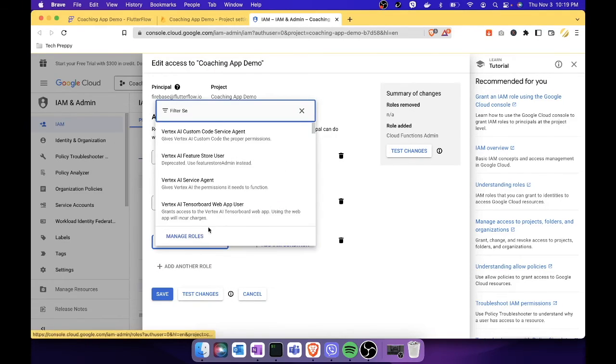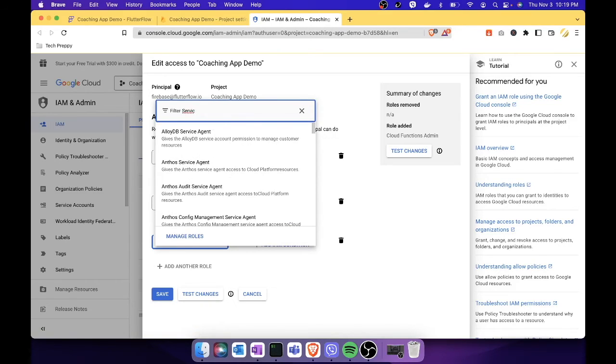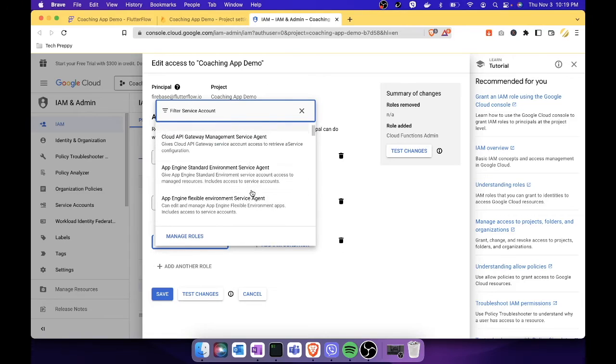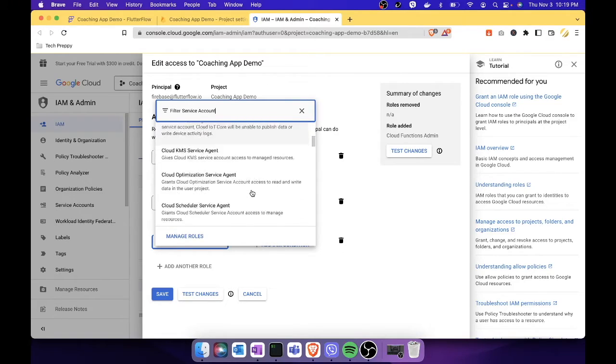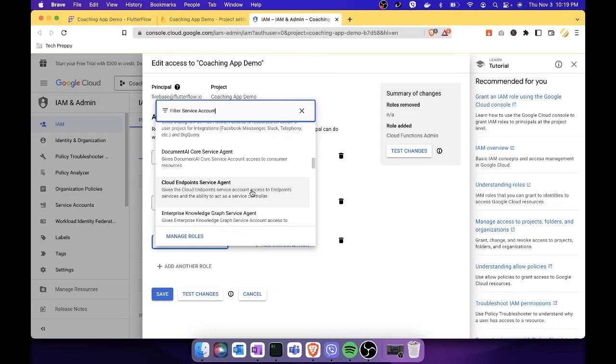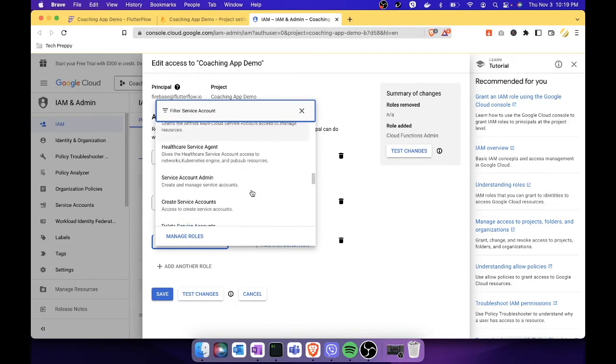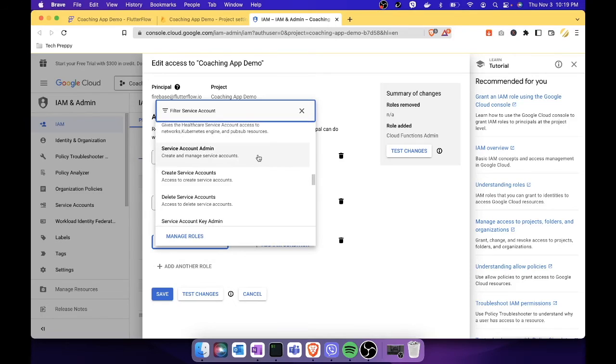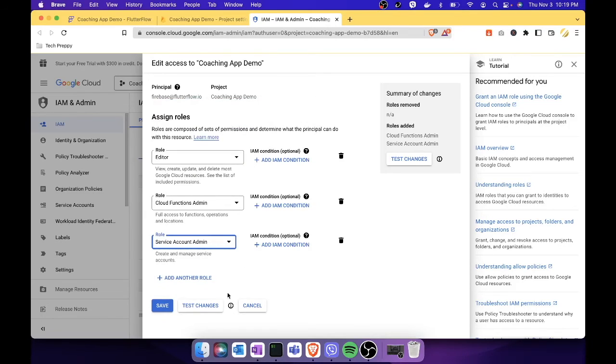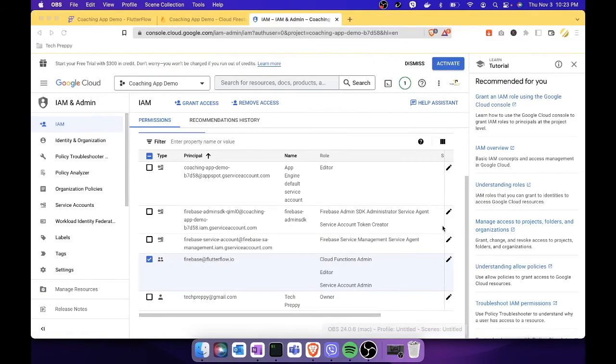So let's type service account. Let's look for that. It's not showing immediately. Okay, service account admin. All right, and then let's click save. Okay, so after we're done adding these roles, the cloud functions admin, editor, and service account admin,